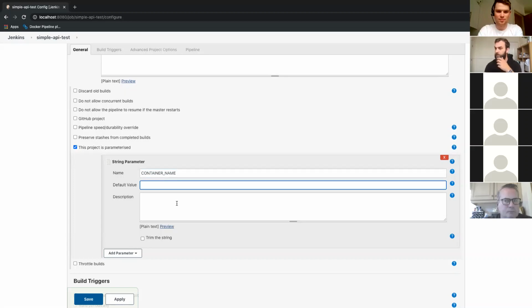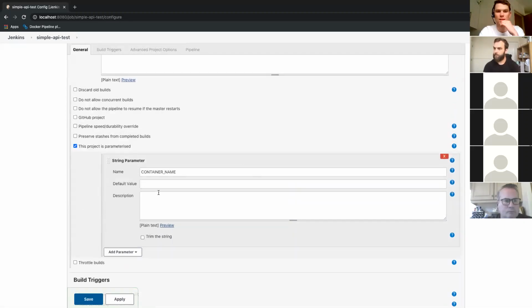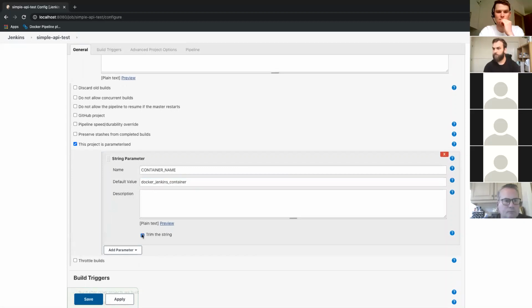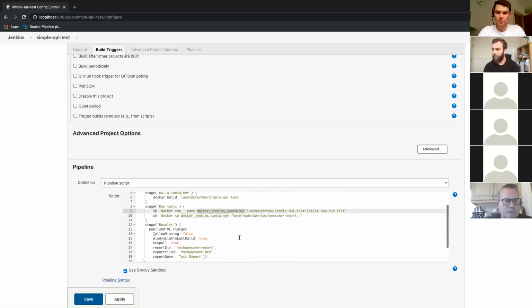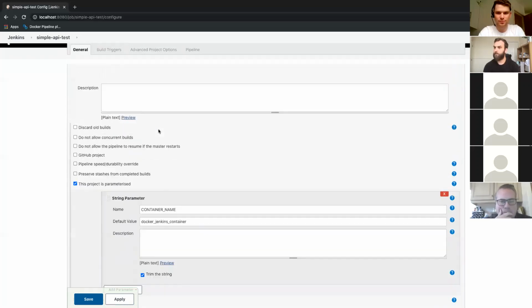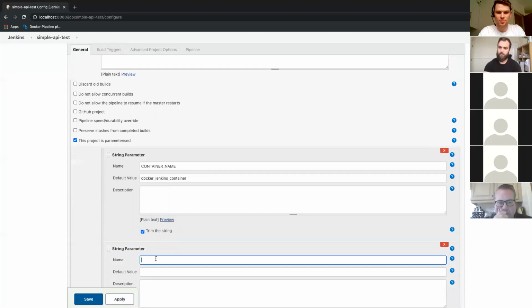I'm going to create this with container name, and the container name is Docker Jenkins control container. I'm going to trim this string just in case any white space accidentally clicks in there. And the image name is, so we'll add another parameter for the image name.